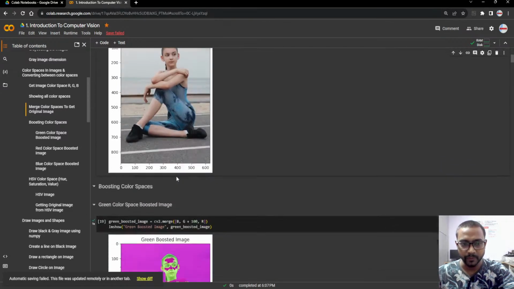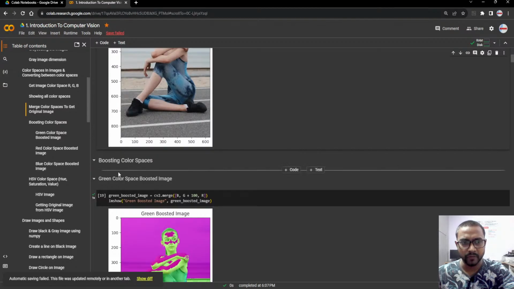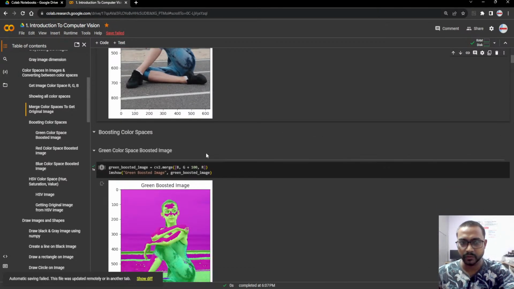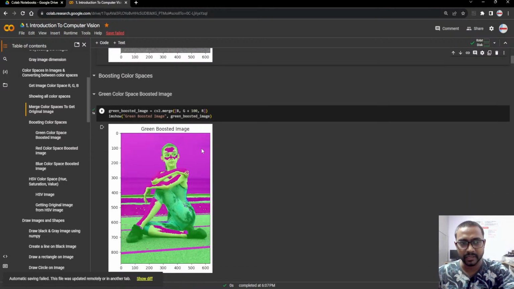Now we'll move on to see how we can boost the color spaces. So basically, an image will have red, green, and blue color spaces. And what we will do in this session, we'll just enhance the respective color channels like blue, green, and red here in this case, by just implementing color boost. Okay, so here what we have to do, we'll take the original image in the form of blue, green, and red